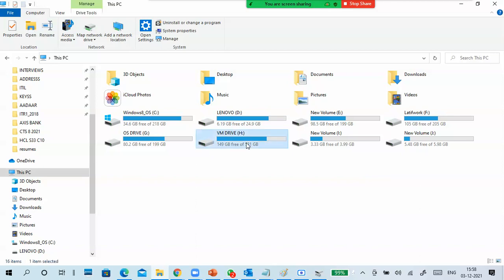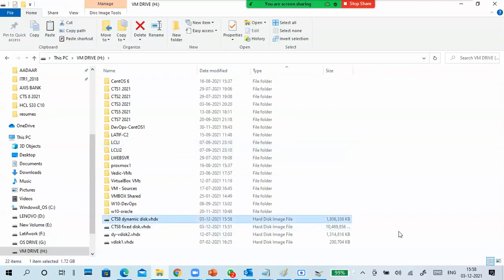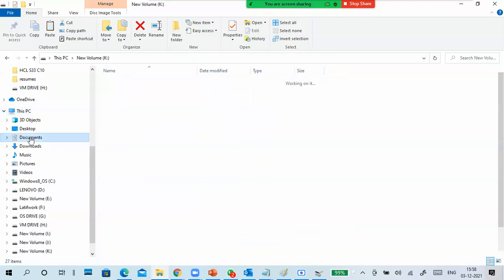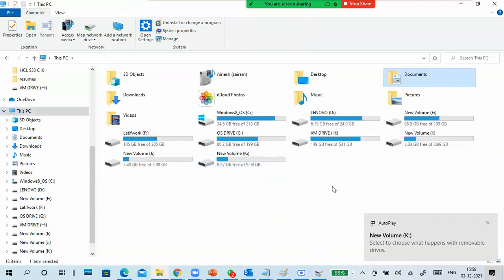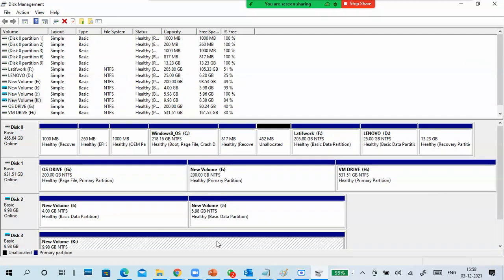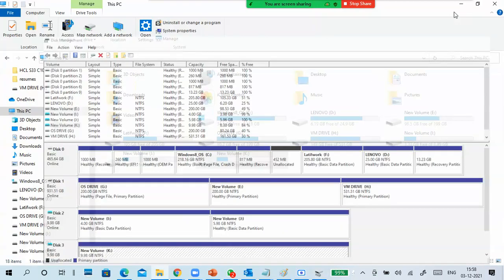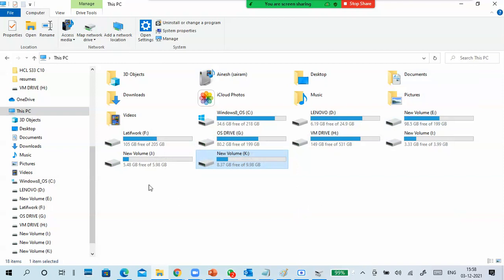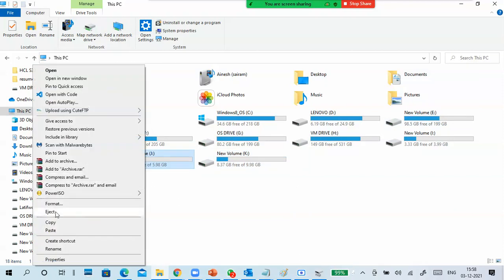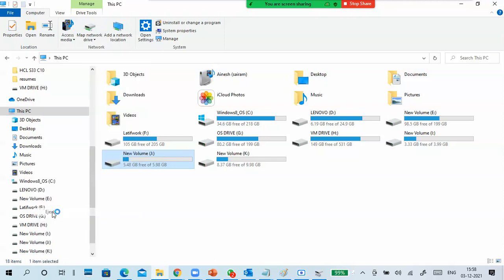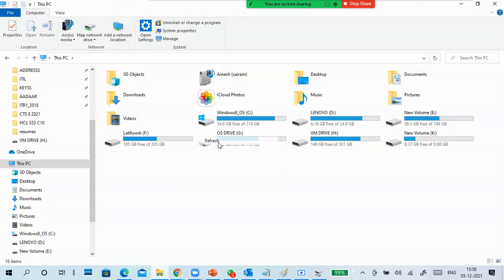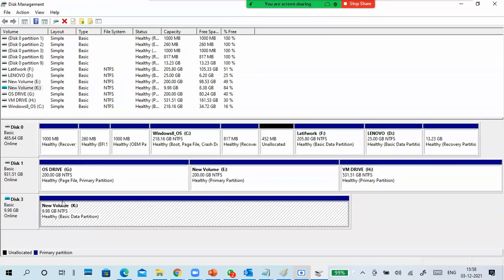But where is the data stored? In this disk file only. If you just double click on this file, automatically the K drive is mounted again. You can see from here also it is mounted again. Next, you can detach it directly from here also. Very simple. Right click, eject, just like your pen drive. Now I and J are both gone because both belong to the same virtual hard disk, so that virtual hard disk is directly gone from here.